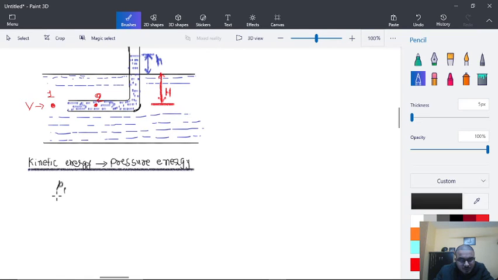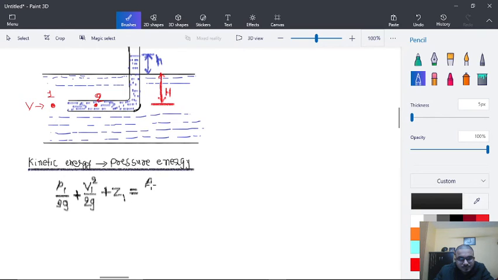P1 upon rho g plus V1 square upon 2g plus Z1